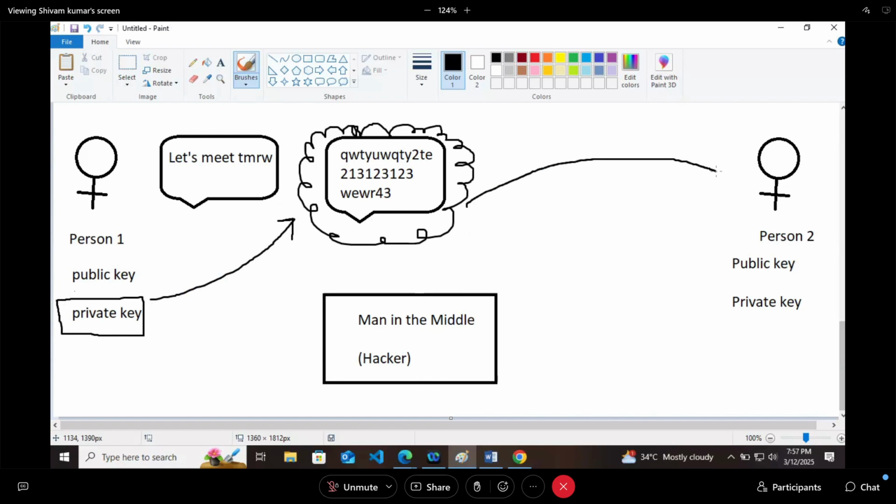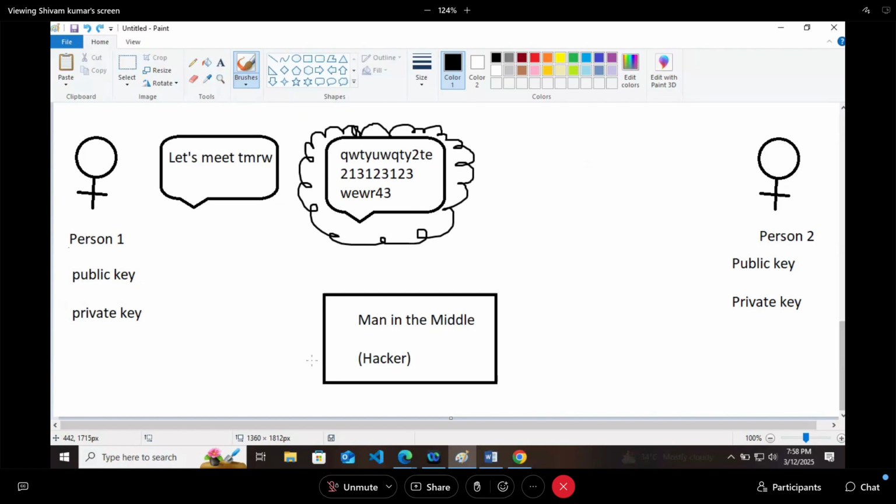And a private key can only be opened by a public key. Whose public key? Person 1's. So person 1's public key is known to all. So the hacker also knows the public key of person A, and can open the message. So we can't use any key of person 1, because in one case anybody can see, and in the second case the receiver can't see the message.